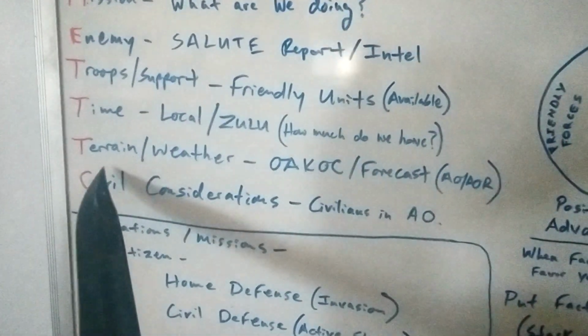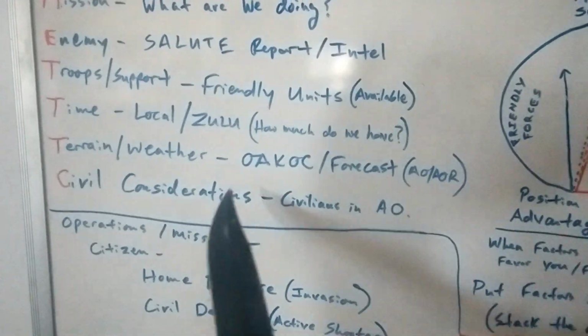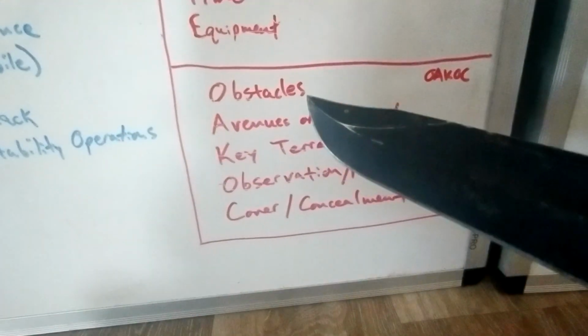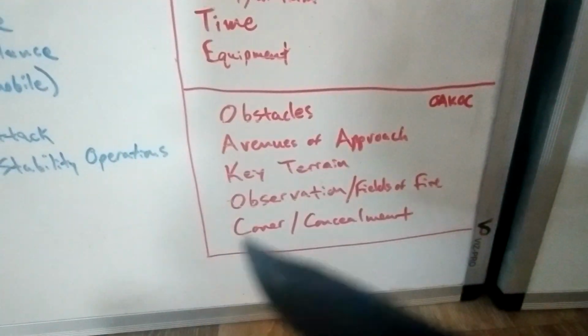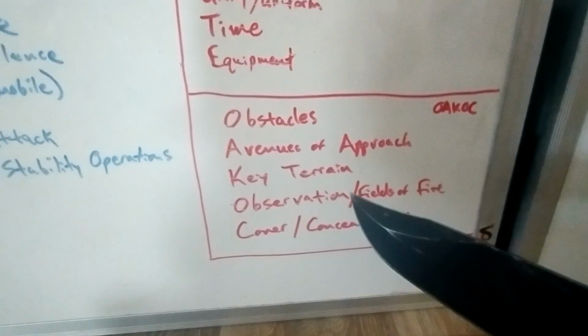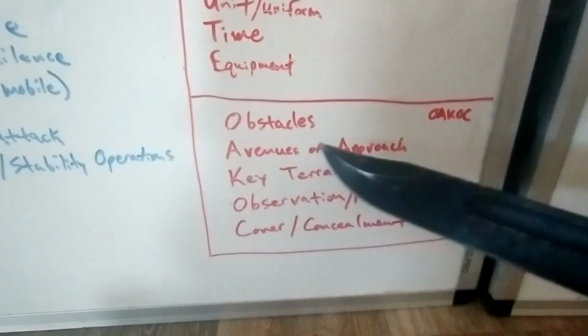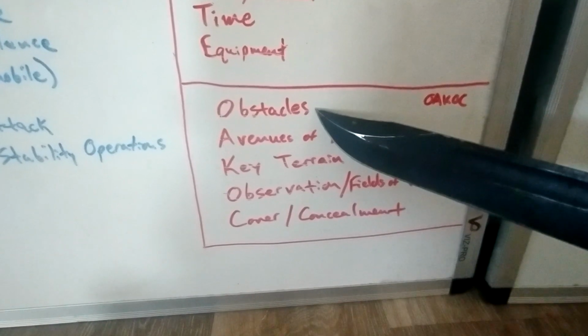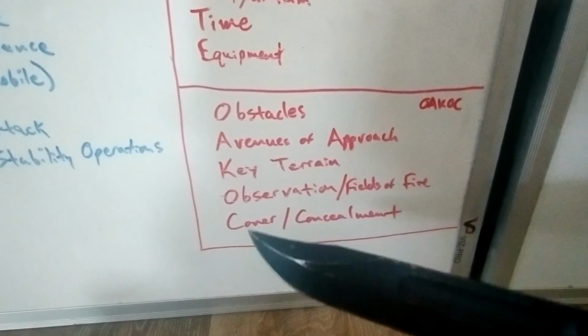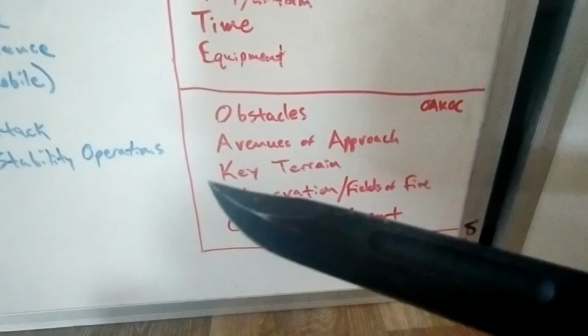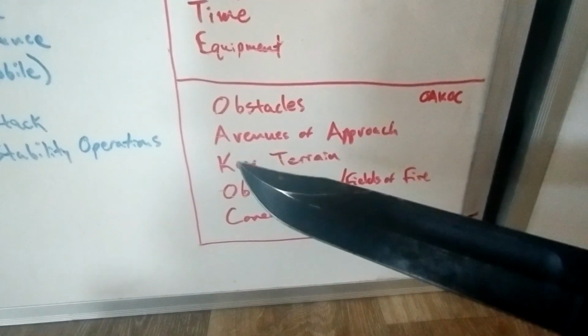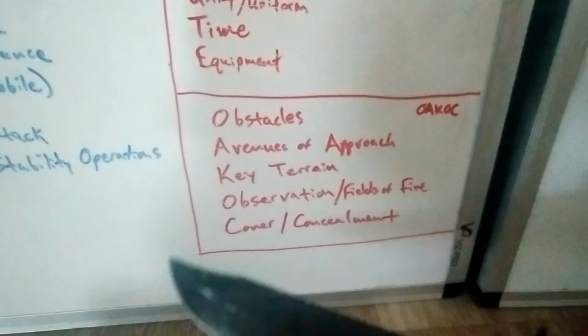So terrain and weather. For terrain, we're going to use the acronym OAKOC. And OAKOC stands for Obstacles, Avenues of Approach, Key Terrain, Observation and Fields of Fire, Cover, and Concealment. So this is what obstacles the enemy could be using to block your avenue of approach, or what you could use to block theirs. And then, of course, avenues of approach,